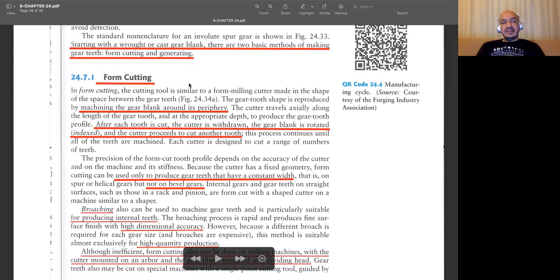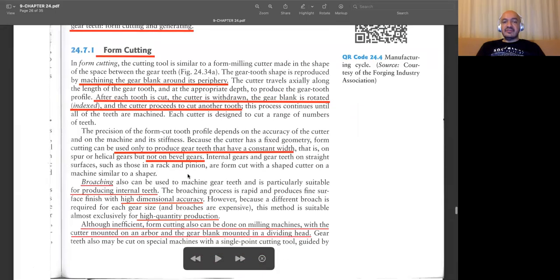You should go with generating type manufacturing processes. So that's why we cannot use them to manufacture bevel gears, but for spur and helical gears, since the width between the successive teeth is a constant value, it is possible. They can be manufactured with form cutting, but for bevel gears, you should go with